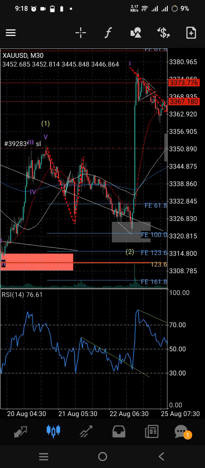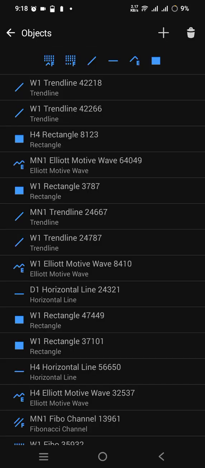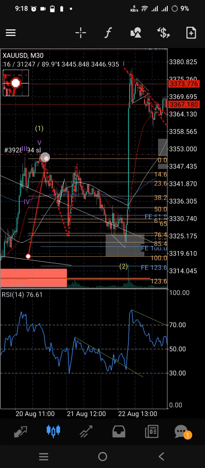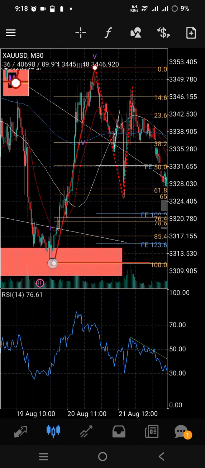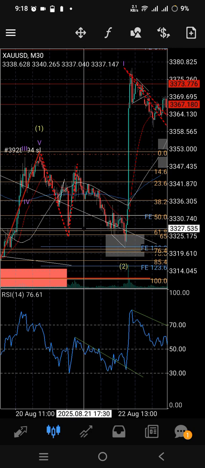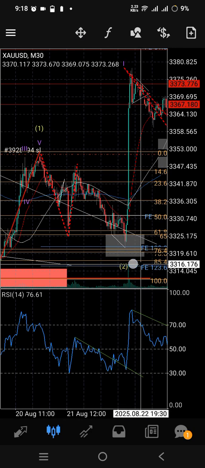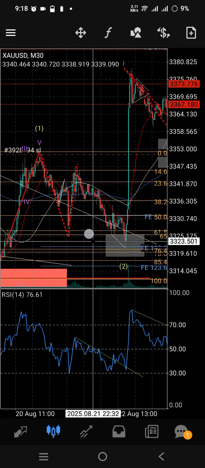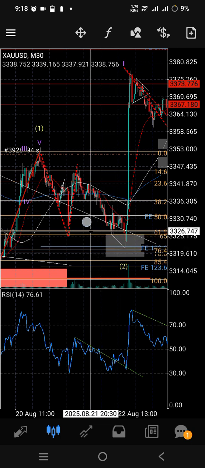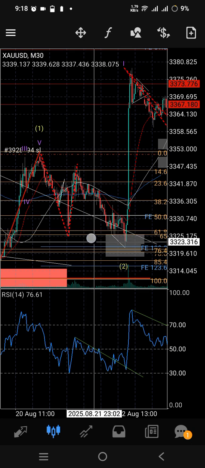Alright, so we did not reach the 100% equality. However, I could have still placed this buy limit. If this is where the 100 mark is, I could have placed it at the 61.8, and